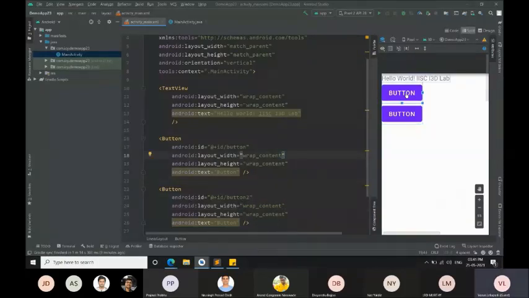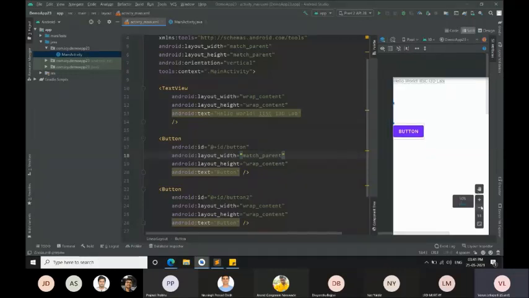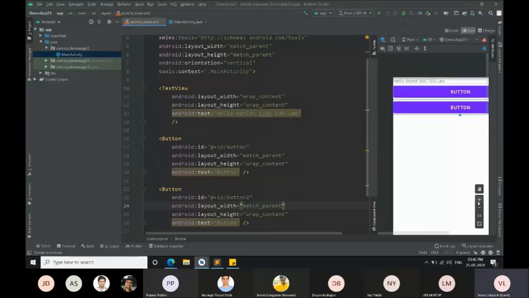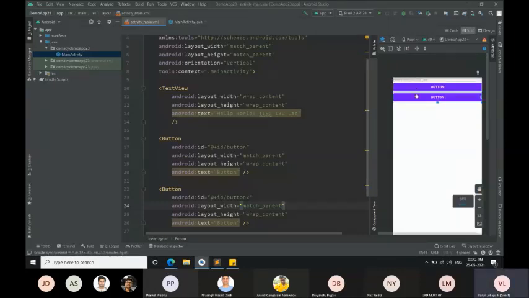Okay. So the width is wrap content. I am giving the width as match parent. It takes some time to load, but meanwhile we can also adjust something else. For this button also we can give the width as match parent. So as we can see, both the buttons' widths are now completely touching their parent.